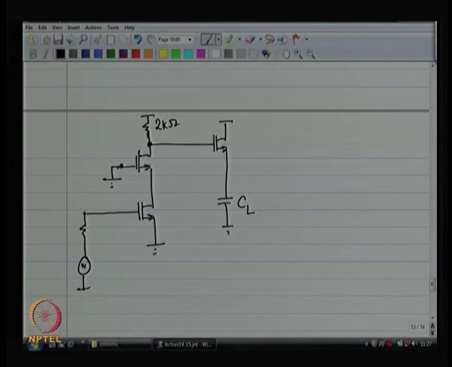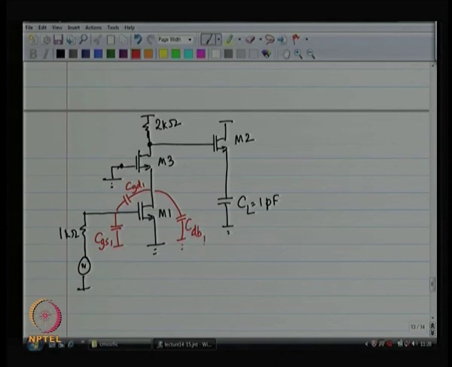So, we have got 2 kilo ohm here, 1 kilo ohm here, CL equal to 1 picofarad, and what are the different capacitors that we have? For device number 1, we have CGS1, we have C gate to drain 1. C source to body of device number 1 is irrelevant because both sides are at ground, drain to body of device number 1